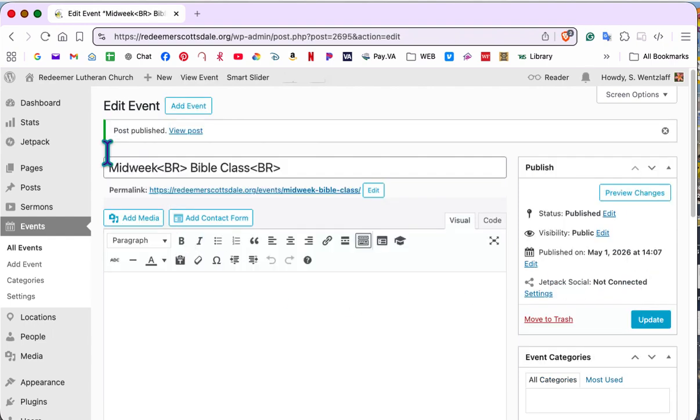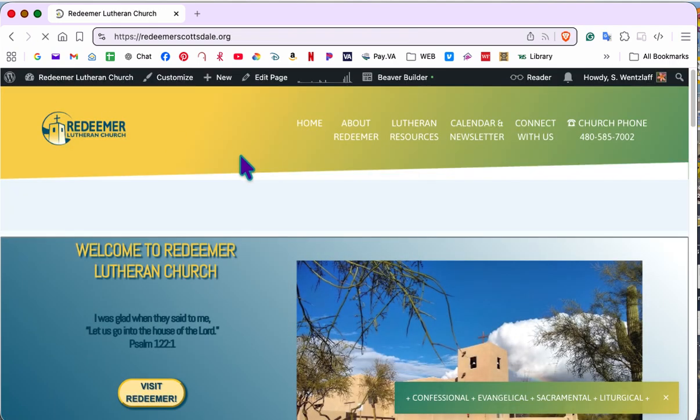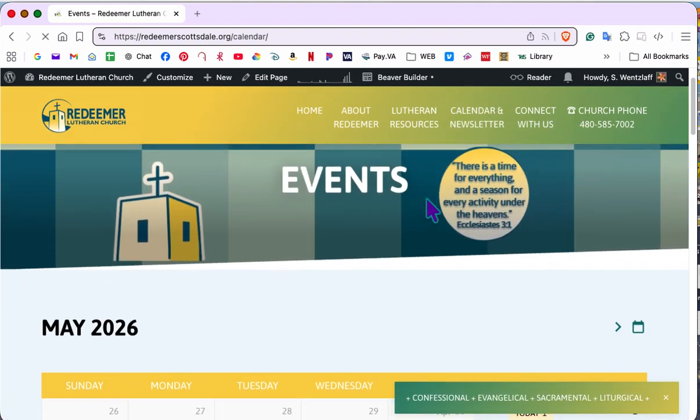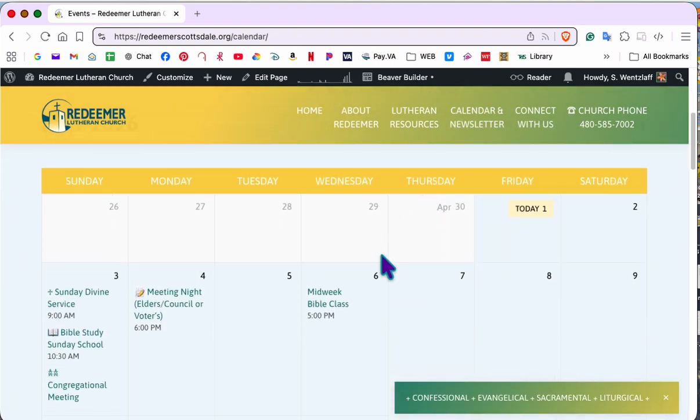Now what I like to do after I put something in is check it out. So I'm going to go over here to Redeemer, and I'm going to go visit site. So then your site comes up, and here's your calendar. We'll click on the calendar, and we'll go down to May, and we'll go to the 6th, and here's midweek